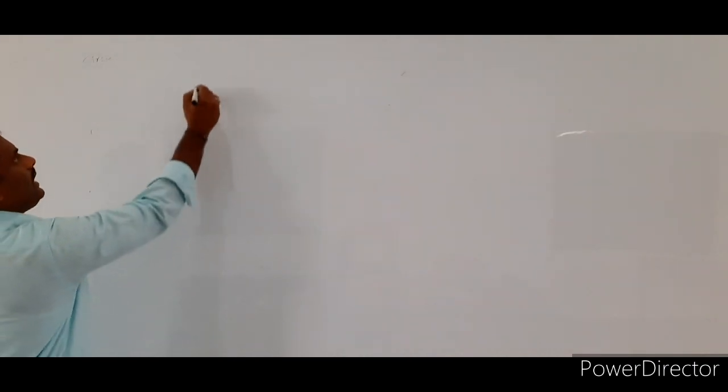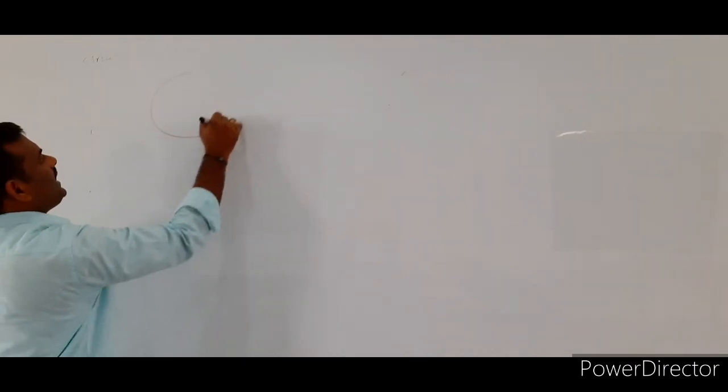So generally one common doubt arises. If a circular current carrying loop acts as a magnetic dipole, does it have two poles? The answer is yes. How? North pole as well as south pole will exist for the circular current carrying loop. Now we will see. I am assuming that a circular current carrying loop was taken.